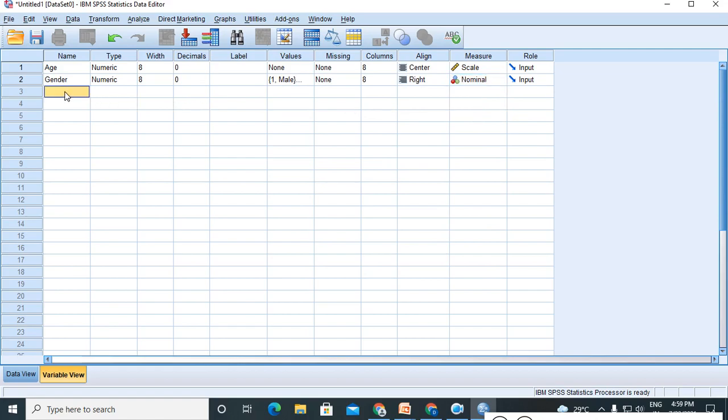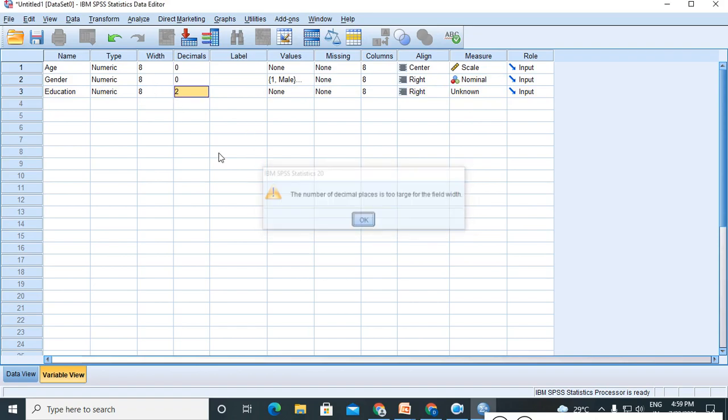And again, education. Numeric, 1 is enough here. You don't want any decimal. I have given 1 only here. I didn't use this, I have given it with the mouse. It is 0.